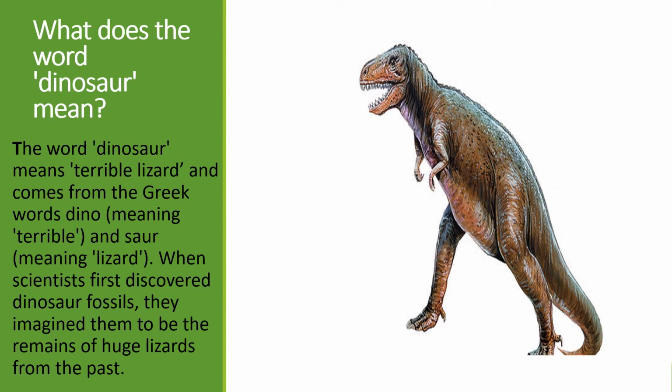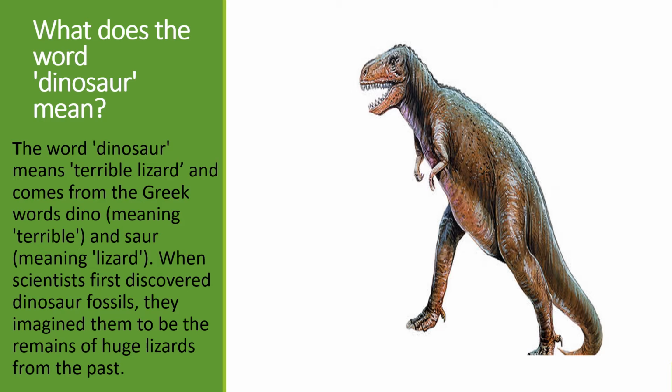So what's the word dinosaur? Darine, I know you're very excited about this one. Dinosaur means terrible lizard. And it comes from two Greek words. The first one is dino and the second one is saw. If you put the two together, you have dinosaur. Okay? Now, dino means terrible, and saw means lizard. So,